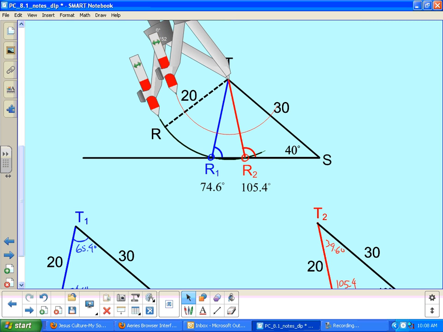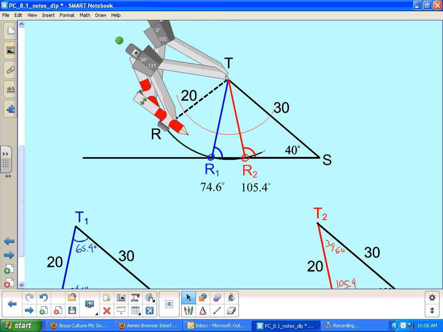Thinking a bit, again, how do I adjust this compass? What would the compass have to look like this time so that I just get one triangle out of it? You would have to hit the x-axis. At what kind of an angle? A 90-degree angle. So if I took this length now, and I stretched it out just long enough,